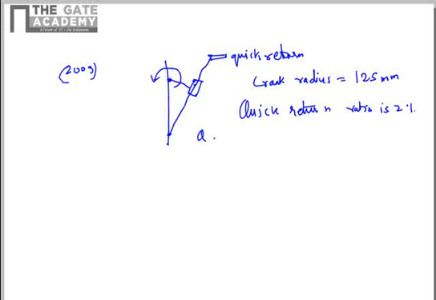So the question asked is: what is the distance between the crank center, let's say this is point O, and the pivot of the lever, which is oscillating? This link will be oscillating for the quick return mechanism. So, P. The question is, find OP, the distance between the crank center and the lever center.